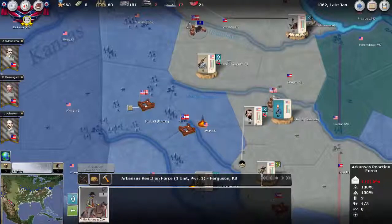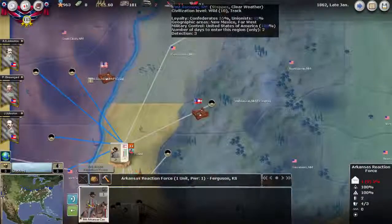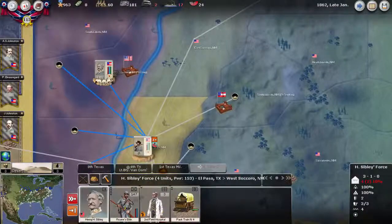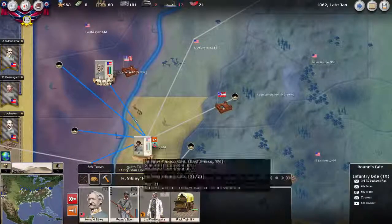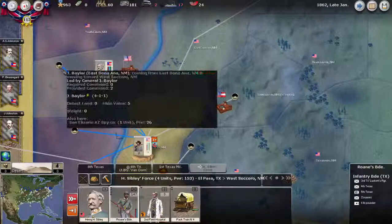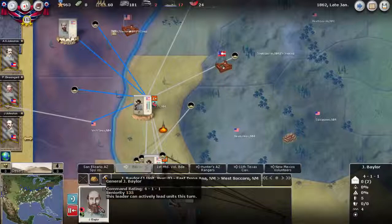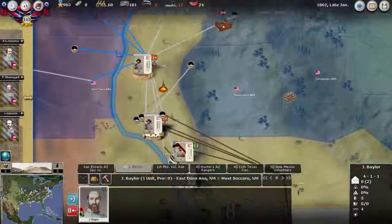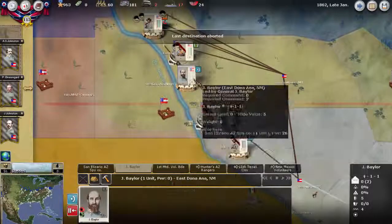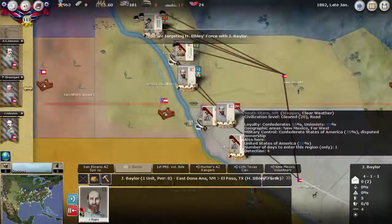There's a little bit of action happening out west. I'm actually going to start to try to do some movement here. You can see I'm basically sort of spreading out. I am actually making a move, though, with Sibley's brigades and full force on assault, hoping that it can actually take Fort Gregg. And here is Baylor. It might make sense. I wonder... Yeah, what I'll do is I'll target Baylor to Sibley, and then we'll see if...